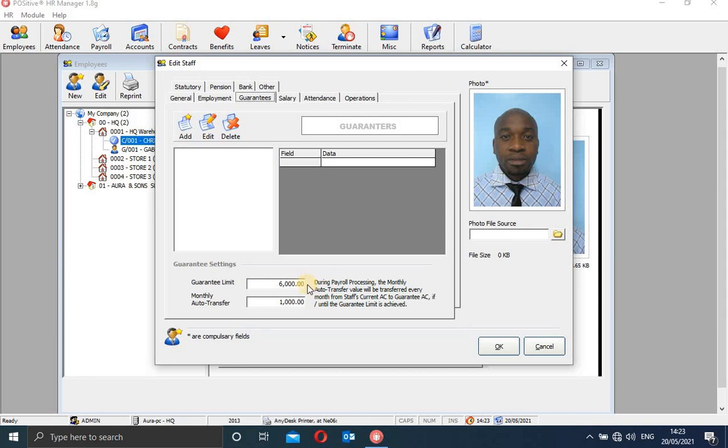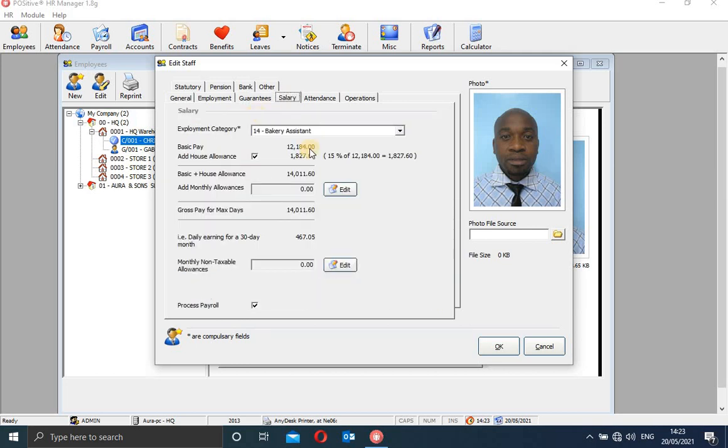So you will remember, oh, okay, I have a guarantee limit in the system. So this is where you can begin first, and then by the time management comes and approves a loan for you, you'll be good to go. So this is just money that is deducted from your account every month. Every month the system deducts 1,000 shillings until it is 6,000. That is the limit. When it is 6,000, you are able to withdraw, and then it continues to deduct 1,000 every time the payroll is processed.